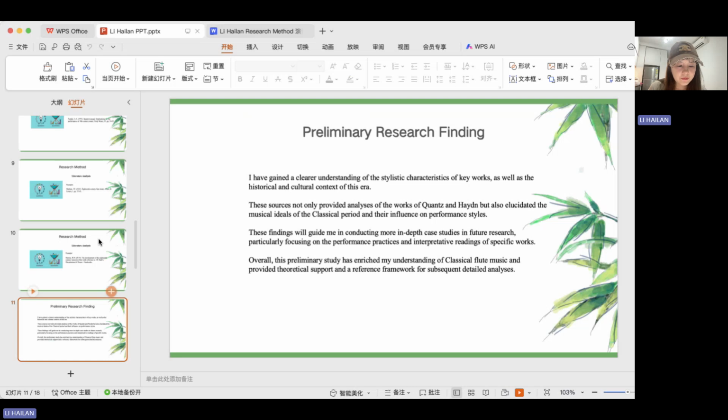The preliminary findings of this study focus on an in-depth exploration of the background of flute music from the classical period, laying a solid foundation for future research. Through extensive review of relevant literature, I have gained a clearer understanding of the stylistic characteristics of King's works, as well as the historical and cultural